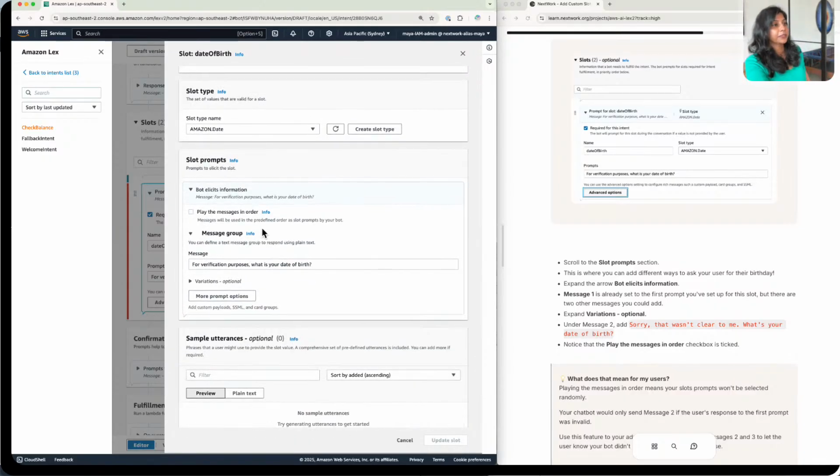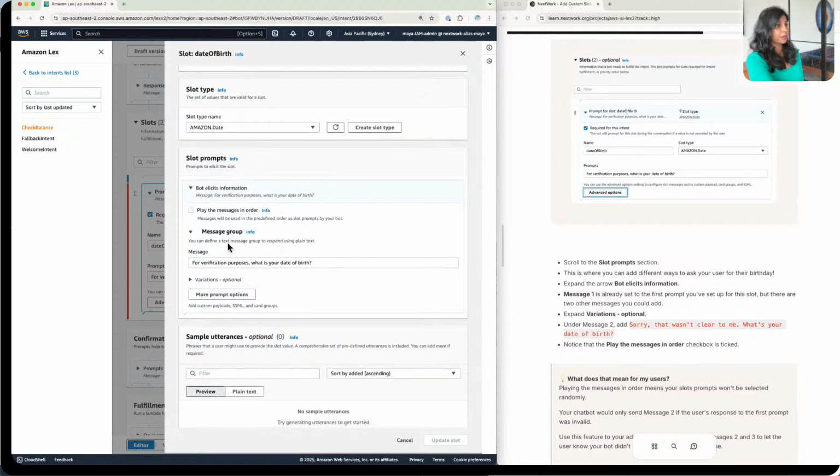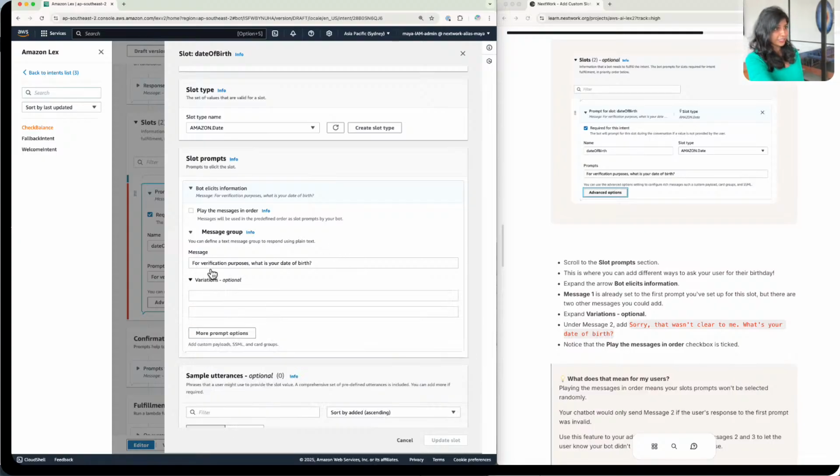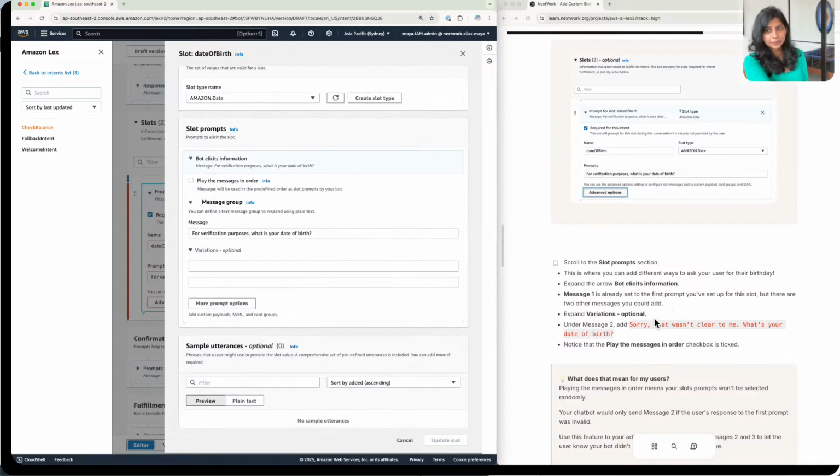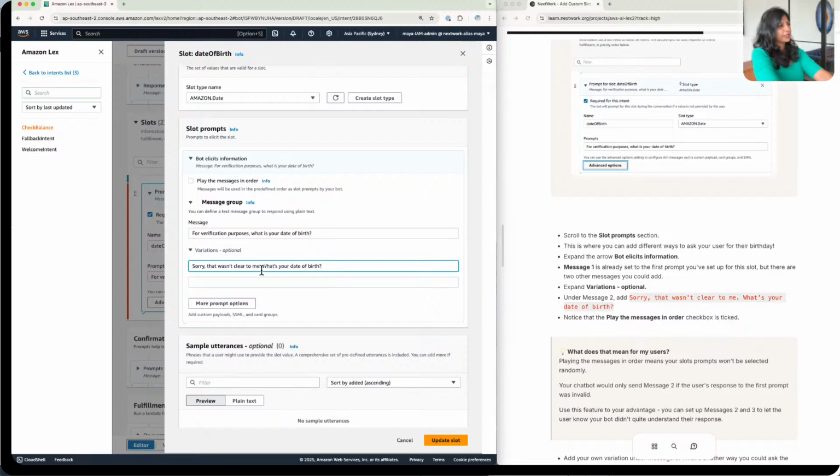And when we do that, this is where we can add different ways to ask for the birthday. So let's expand the arrow for bot elicits information. The message one is already there, so we can leave that there. But we can add some variations like, sorry, that wasn't clear to me. What's your date of birth? And then we can say,